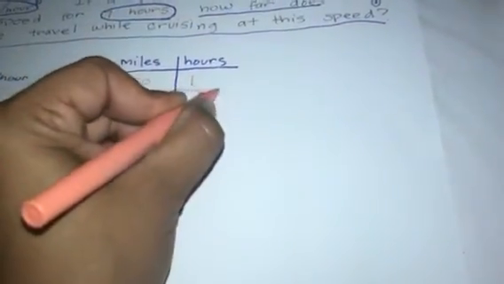So I'm going to go ahead and get a different color marker. So we know that for every 570 miles, it is 1 hour. Right? So what we can actually do is we're trying to figure out how many miles are in 7 hours. So I'm going to show you my thinking for, let's say if we just figured out how many were in 2 hours. So if it was 2 hours,